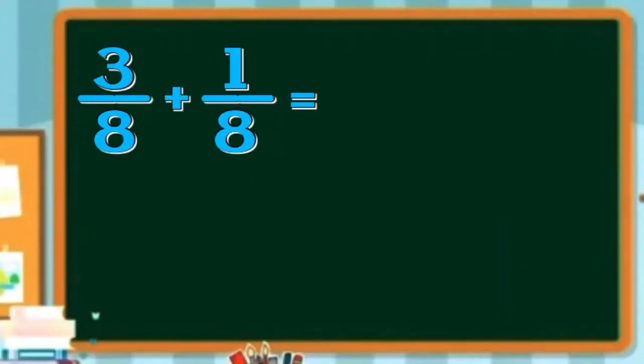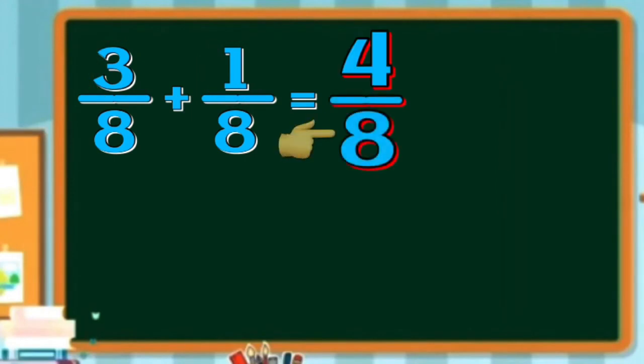Let us have another example. We have 3/8 plus 1/8. First step, add all the numerators. We have 3 plus 1 is equal to 4. Then, copy the common denominator, which is 8. And that makes 4/8. And finally, simplify the fraction into its lowest term by dividing both the numerator and our